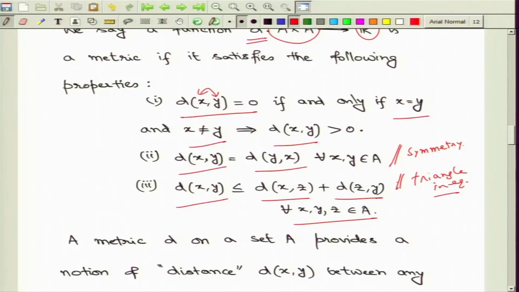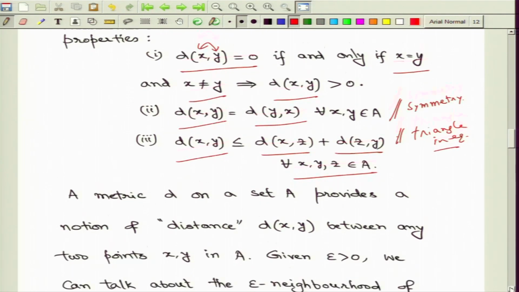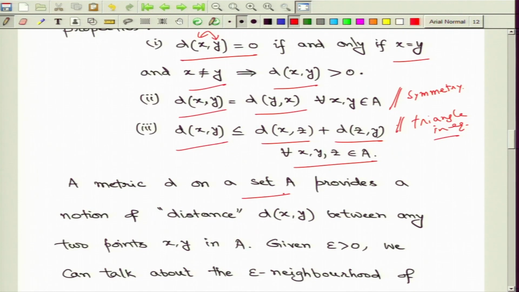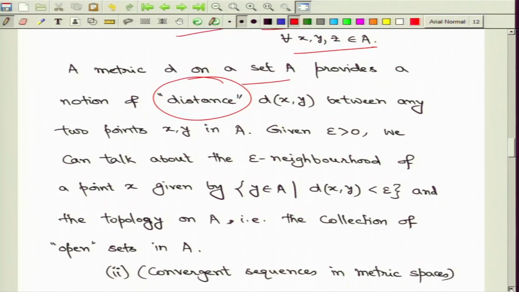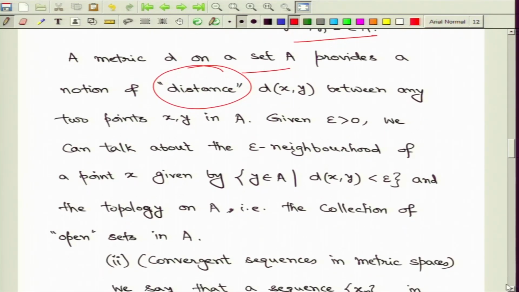Now, if you have a function defined on A cross A with these properties, then we will call such a function on a set A a metric, okay, and this essentially gives us a notion of distance between points on the set. Now, once you have the distance through this metric, then given any epsilon positive, we can